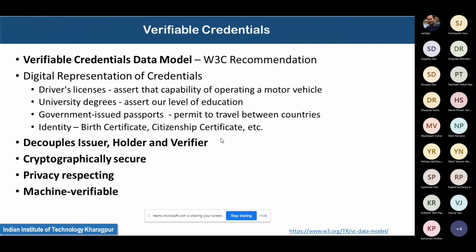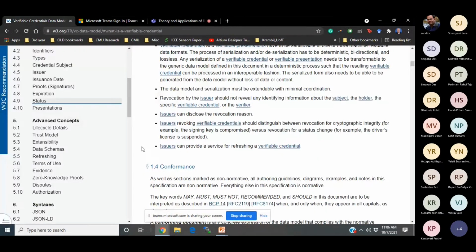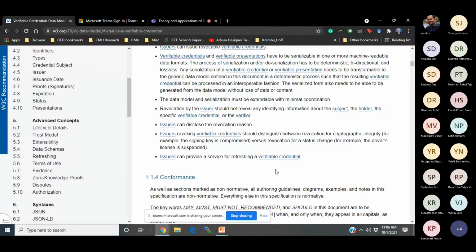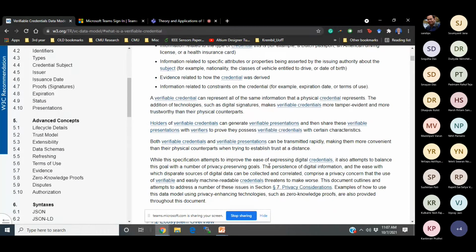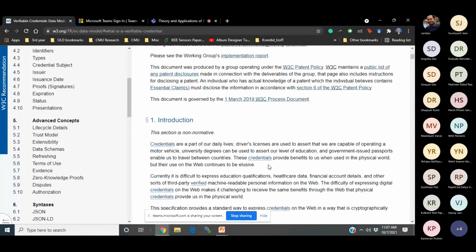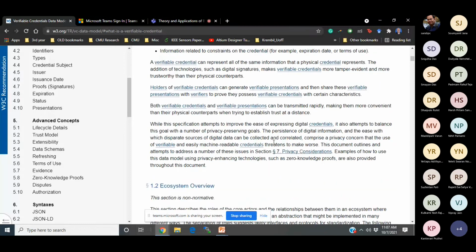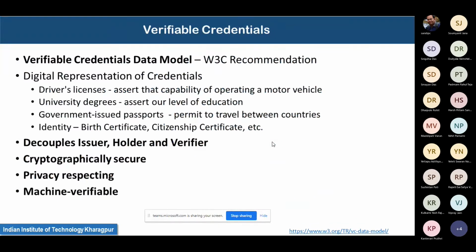class. Now, we said that these verifiable credentials, again, this data model is a W3C recommendation, and we looked into that particular site. And once again, as mentioned yesterday, I would encourage you all to take a look at this site. It's very well written, and the basic concepts will be clear beyond what is there in the slides and the recordings. If you go through it once, you will get a very good grasp of what is meant by these VCs, the verifiable credentials. And then